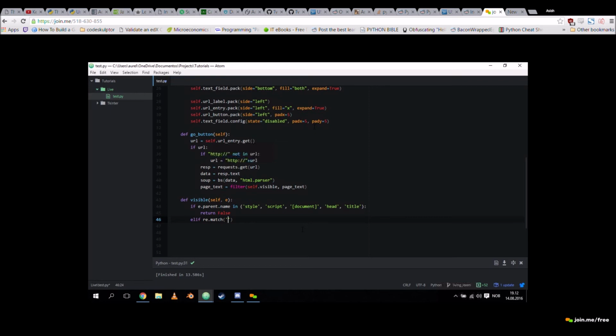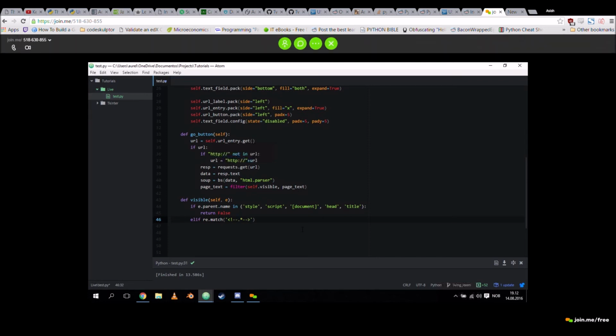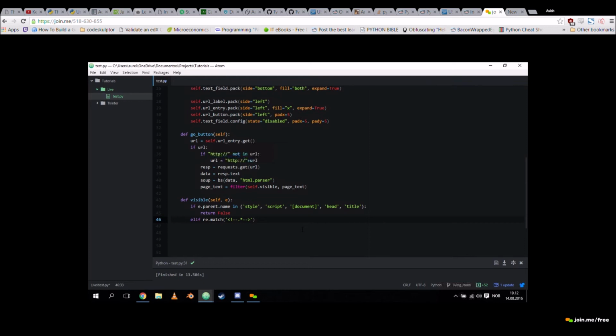So here we're just looking for a type of element that is surrounded by these kind of brackets and has a star like that. And if you know something about HTML, you'll recognize what that means.